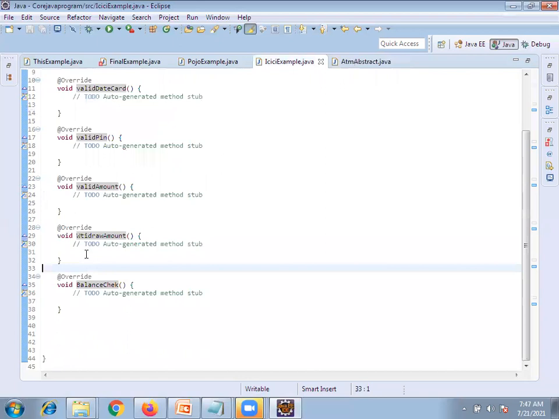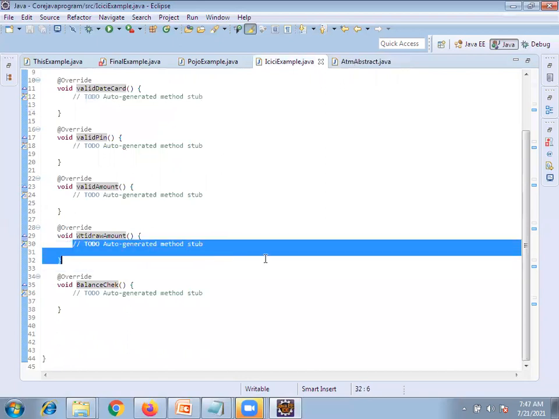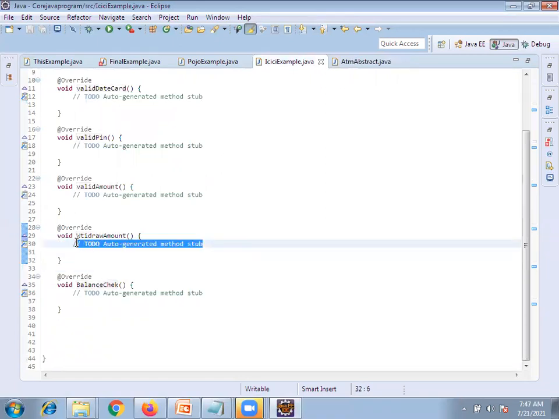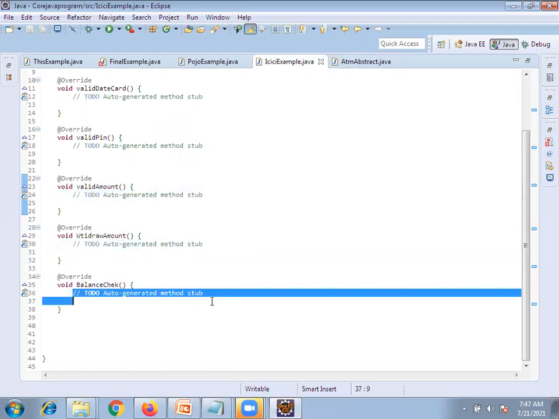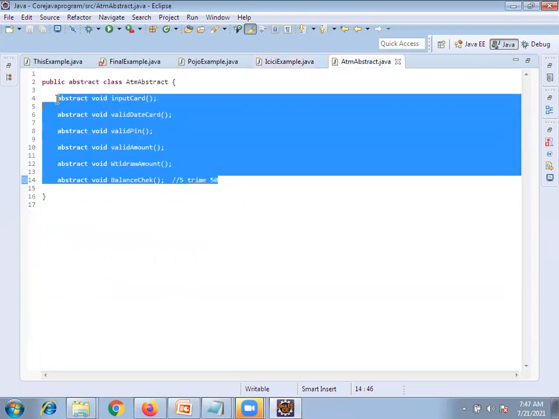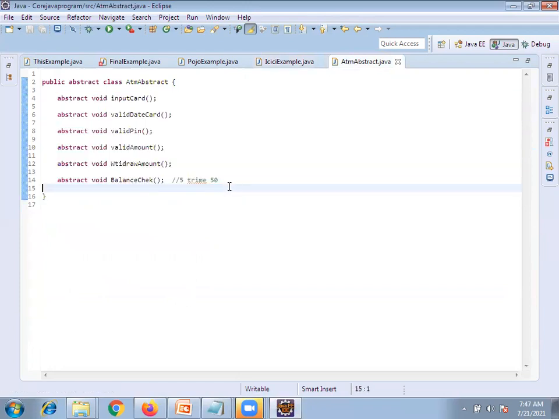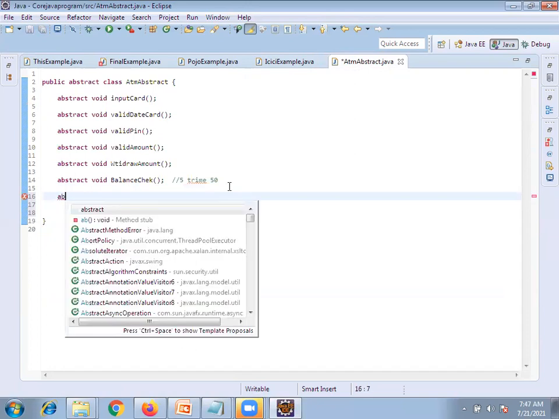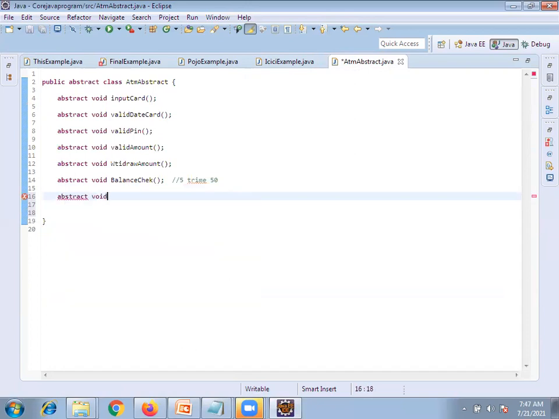Now coming to ICICI, they will use some other vendor logic. Based on their requirement, they will do their internal implementation, but the skeleton never changes. Suppose another feature comes, say abstract Y, where the withdraw limit is increased.